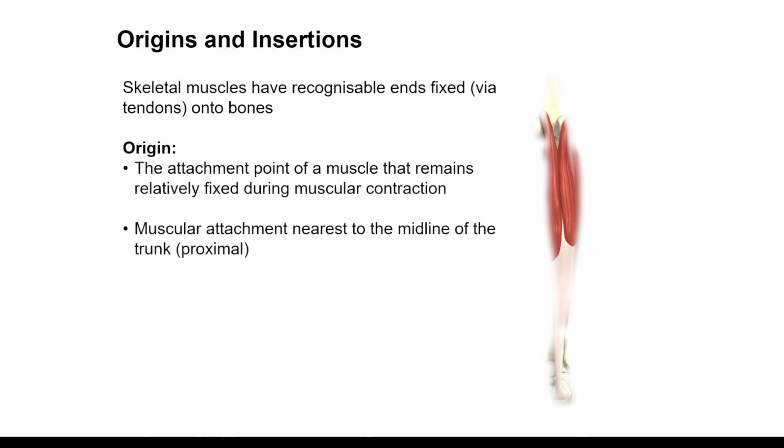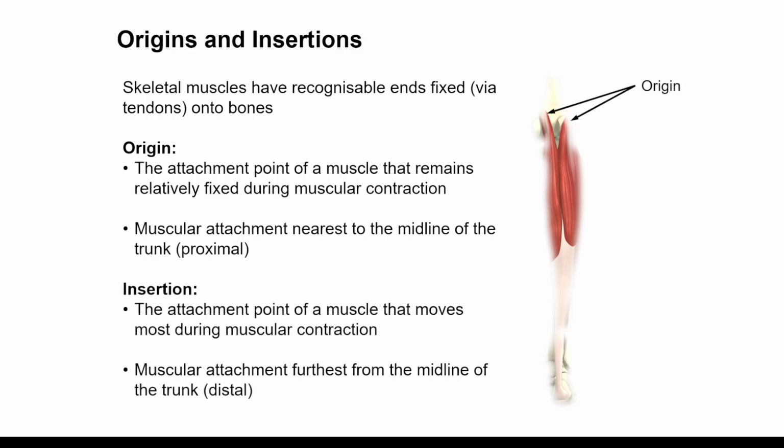So the origin of a muscle, if you think of somebody's origin story, it's the start point of a muscle. The insertion is the end of a muscle. So how do we know which is the start and which is the end? In the majority of circumstances, the origin is the end of the muscle that doesn't move and stays pretty much stationary when that particular muscle is